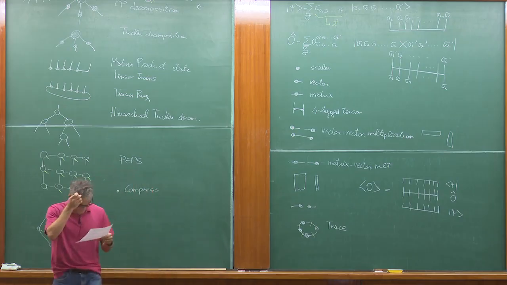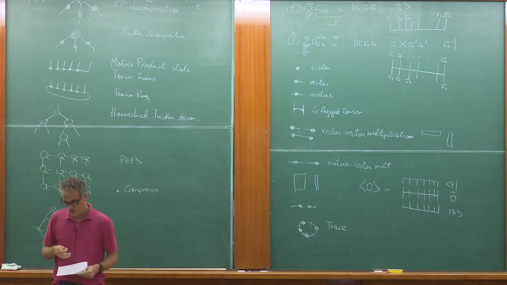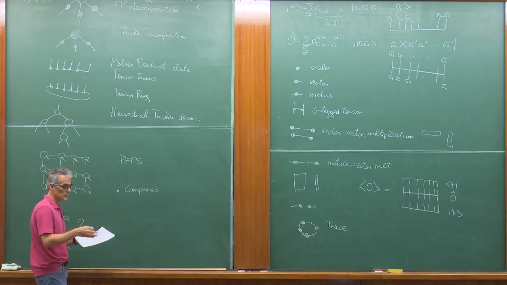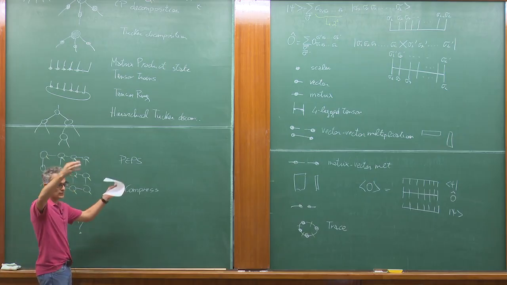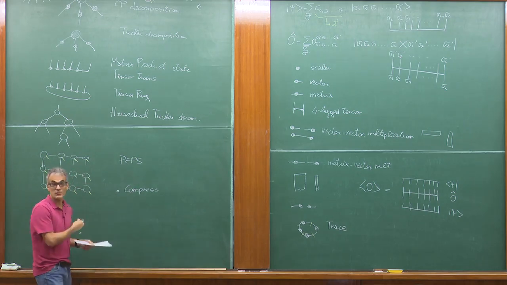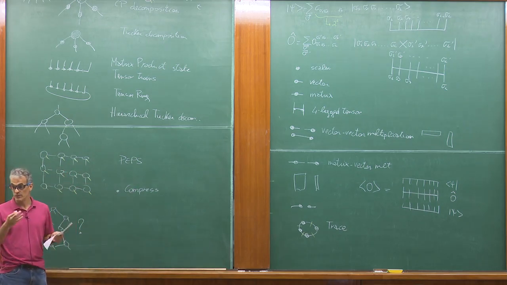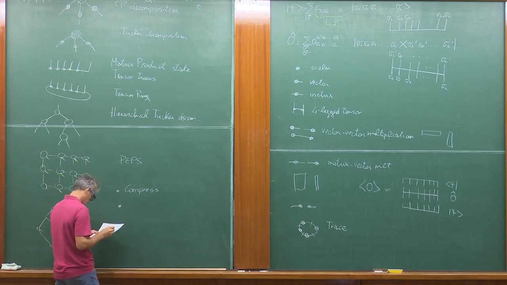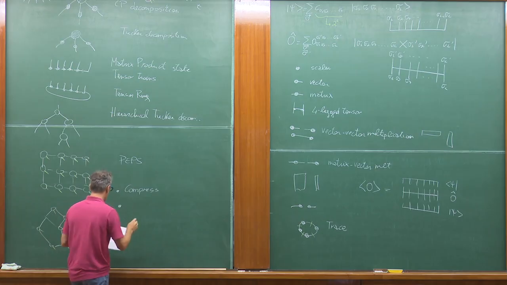Okay? And so this may depend on the geometry of the problem, the boundary conditions, and entanglement, correlation, and so on. So you think about, if I represent it in this way, will I be able to come up with a lot fewer numbers to store in my computer? Compression.